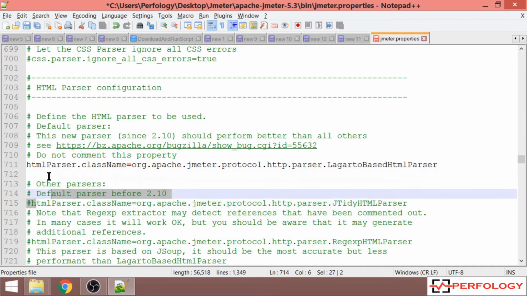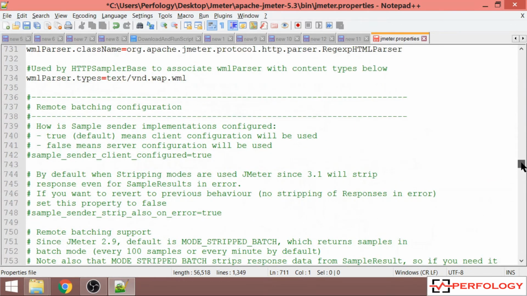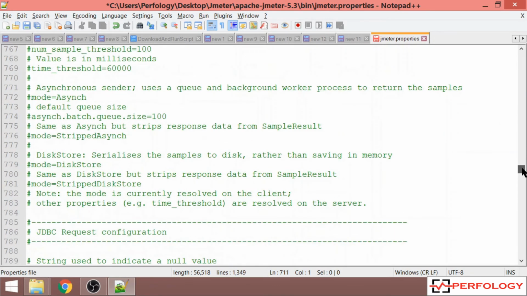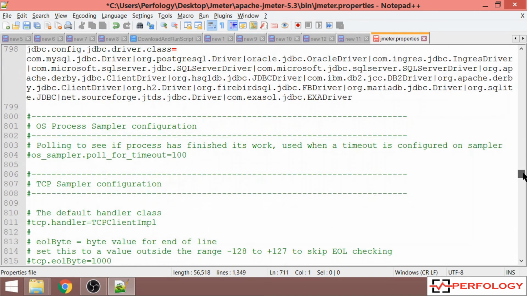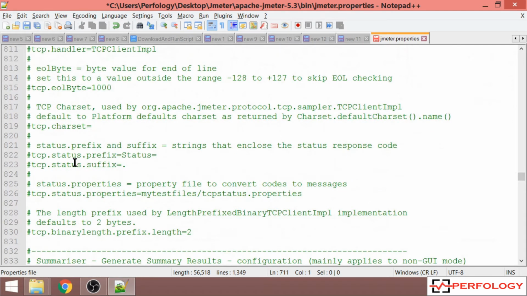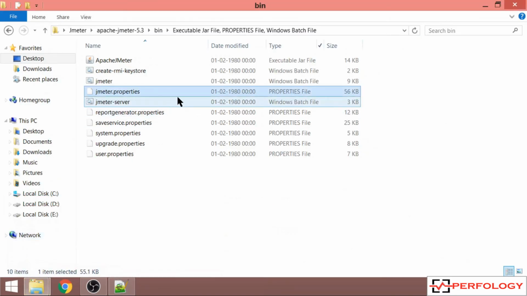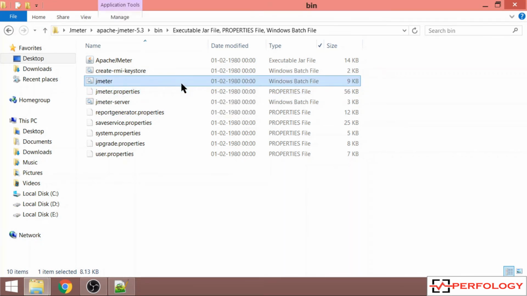Similarly, there are a few properties which are already uncommented and by default they are in JMeter. Apart from that, if there are any functionalities or properties which you require, you can simply uncomment from here and use it in your script. For these properties to actually apply in your JMeter, it requires a JMeter restart. Once you restart JMeter, all these properties will be applied to your JMeter.